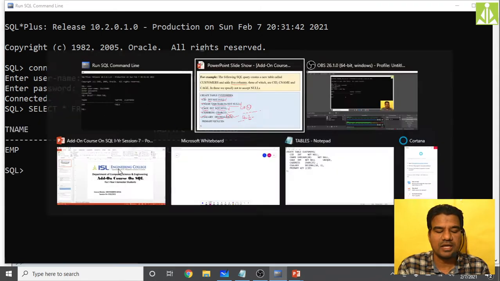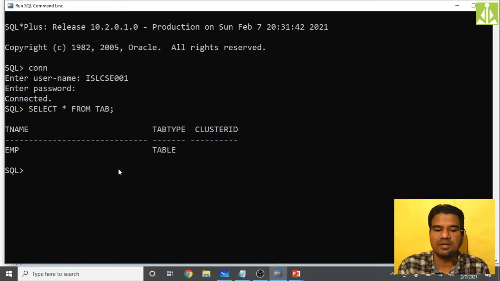So now I am creating another table, that is the customers table. So here I'm going in this way. Create table, table name is customers. As I said, you can give the multi-line entry as well.